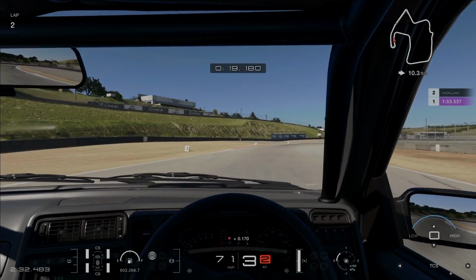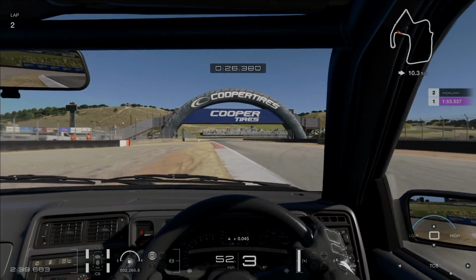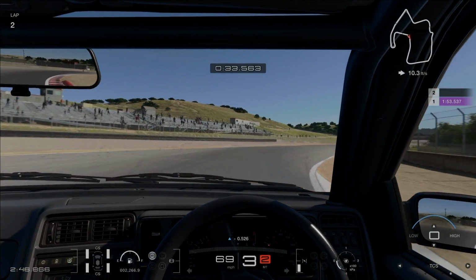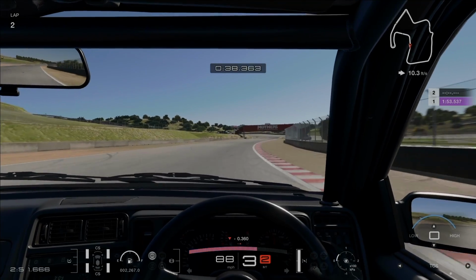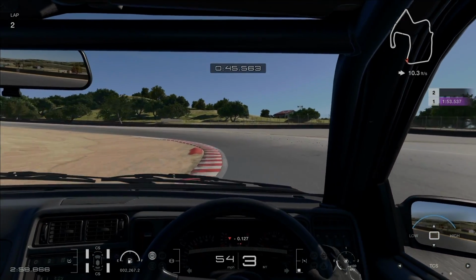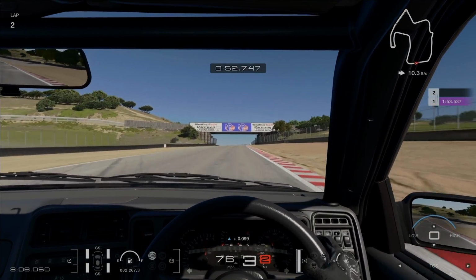So one thing I've noticed is the car is obviously very slidey because of the Comfort Soft tires and the untuned suspension. If you are used to driving Group 2 cars, Group 3 cars, Group 4 cars in this game, any of these street cars, especially the older street cars, they've got very spongy suspensions. And if you remember when you first got the game and you're working through a lot of the opening sequences and menu books and you're driving stock cars, production cars, the undulations on the track, they have a huge